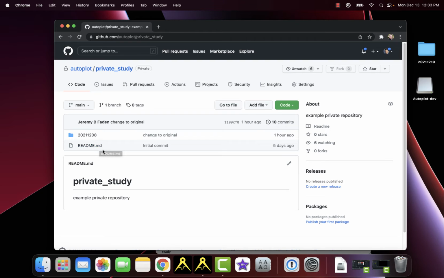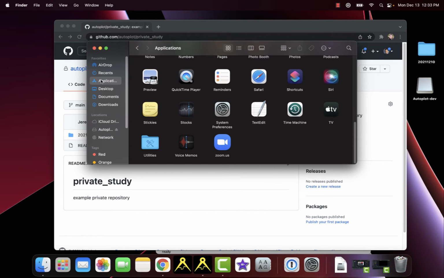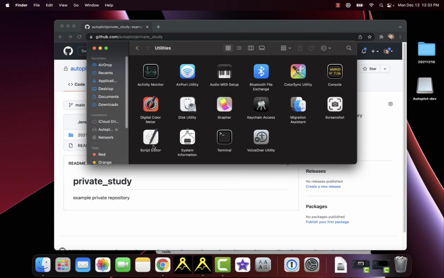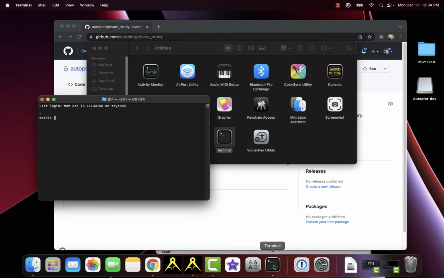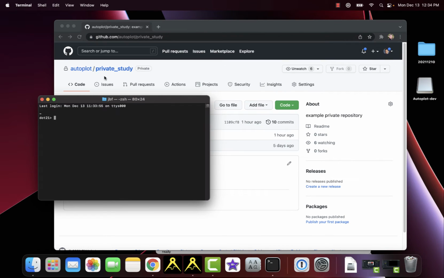To do that, I would go to the command line, and I'll need the terminal on my Mac. To run that, I go to Applications, and then there's a Utilities folder under Applications, and then this terminal program, which actually is quite useful. So I just end up putting it on my Dock. I think that's what it's called. And then I can say git clone, and then you want to copy